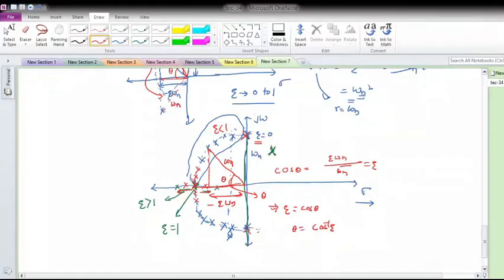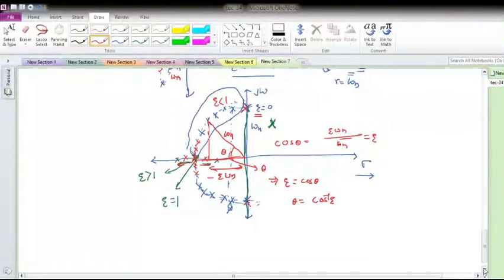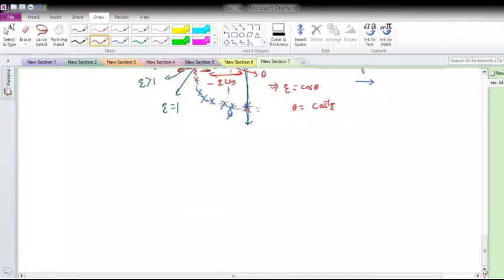Okay. So the location of poles will generally be specified by two parameters: omega n and zeta, where omega n is your radius and cos inverse zeta is the angle measured with respect to the negative real axis. This way we can predict the behavior of the response based on the value of zeta. Now what are the general solutions in terms of zeta and omega n? Let me write that also.